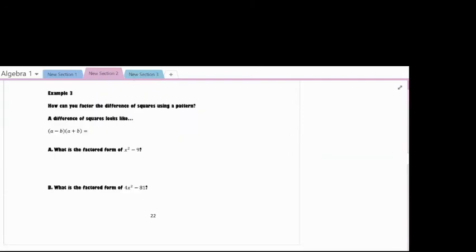This is 7.7 example 3, and it's asking us, how can we factor the difference of squares using a pattern? Well, remember when we were multiplying, what would happen when we had these terms matching except one was negative and one was positive? If you remember what happened when we multiplied those out, if you need to draw yourself the box, you can. When we had the a minus b and the a plus b, we got a squared,